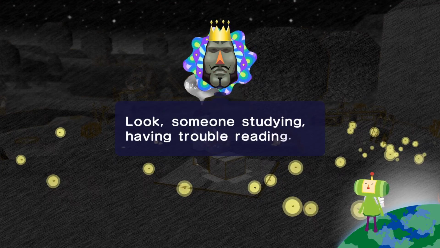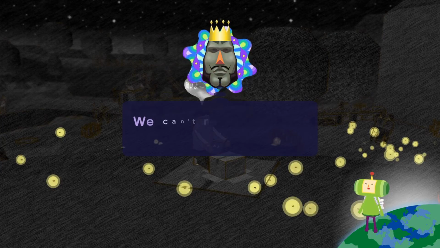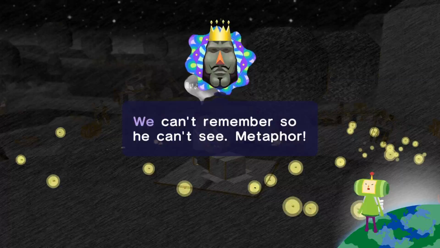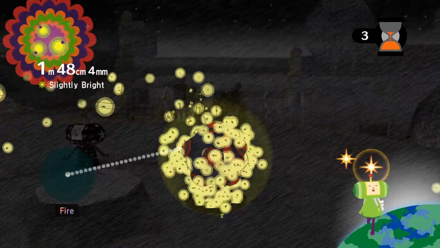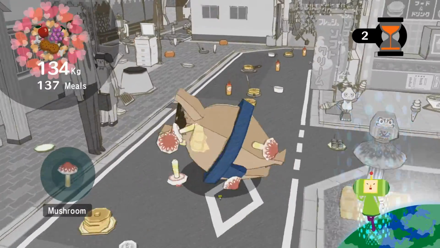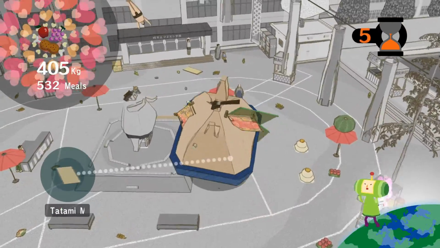The other category of levels is more dynamic and challenging. The king will have you fulfill a specific goal when rolling up your Katamari. A few examples include: roll water through an arid desert to restore its life and greenery. Roll up fireflies to become brighter, helping a boy read his book in the dark. Roll a sumo wrestler around, enabling him to grow by eating everything in his path so he may roll up